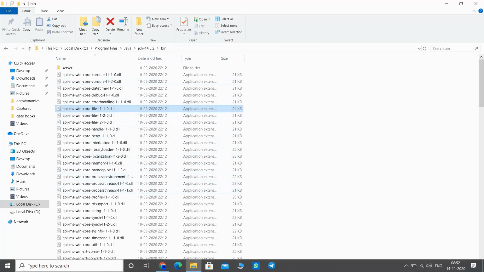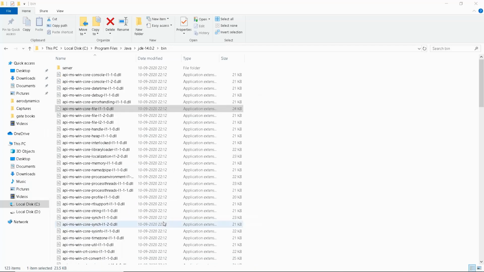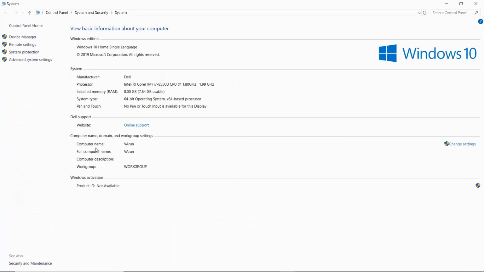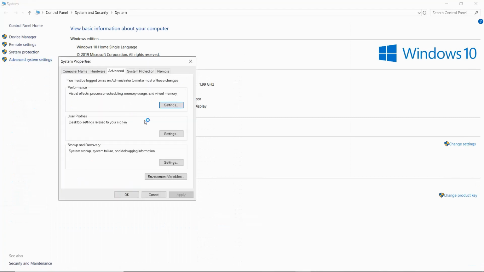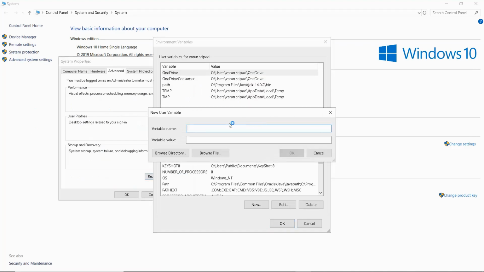and then now go to this PC properties, go to the advanced system settings, choose environment variables, and new, create a variable called path and put the variable value as the location which you've copied before. Well, actually I have the path already created, so I'm not pressing OK. You need to press OK, and then such a path is created over here.